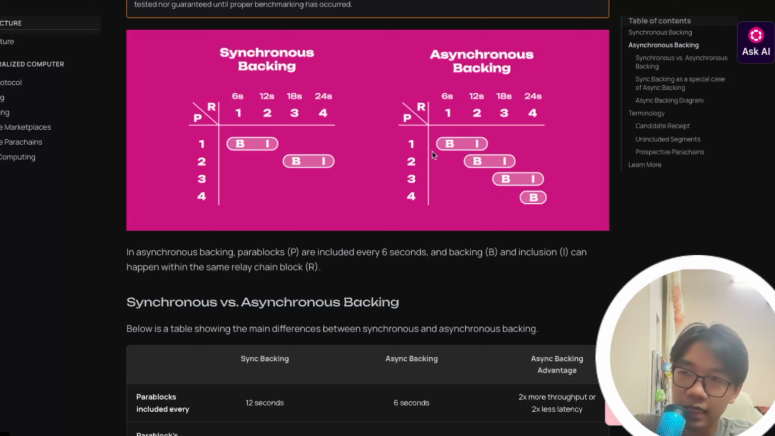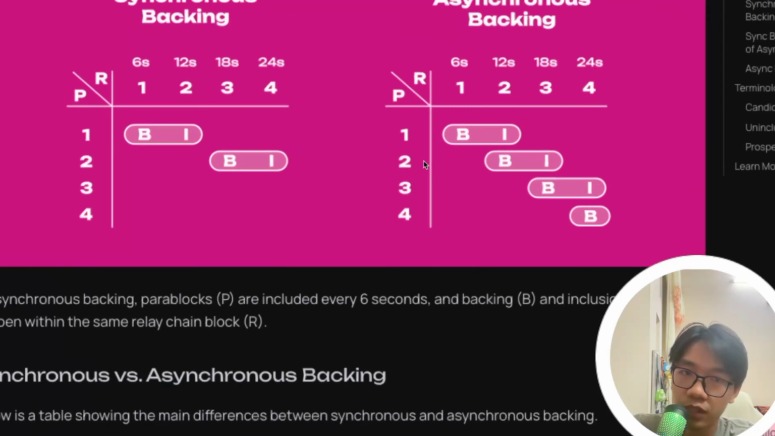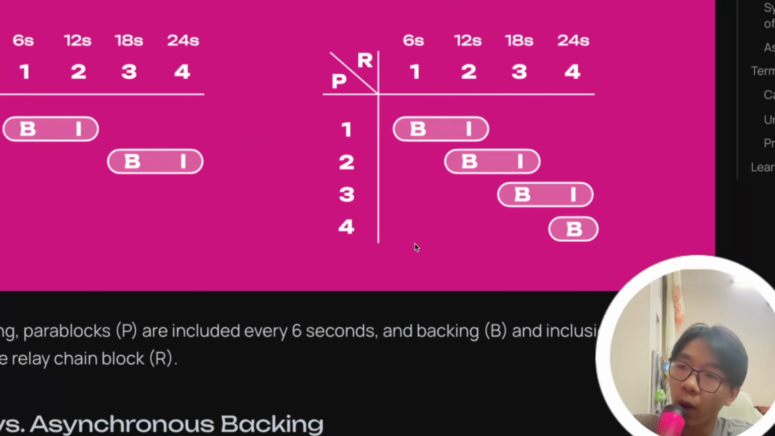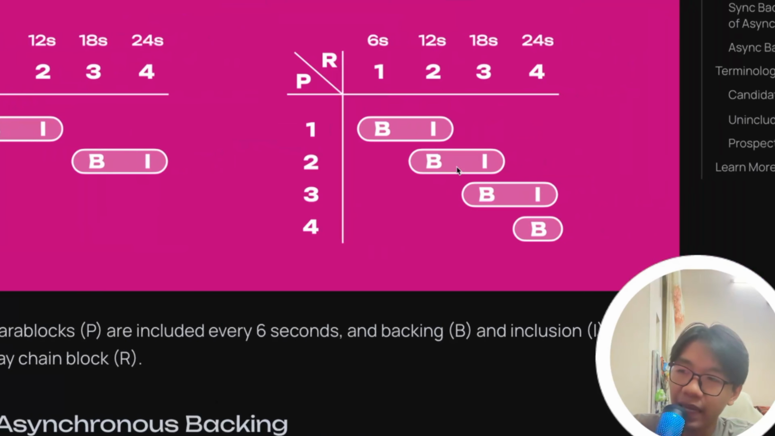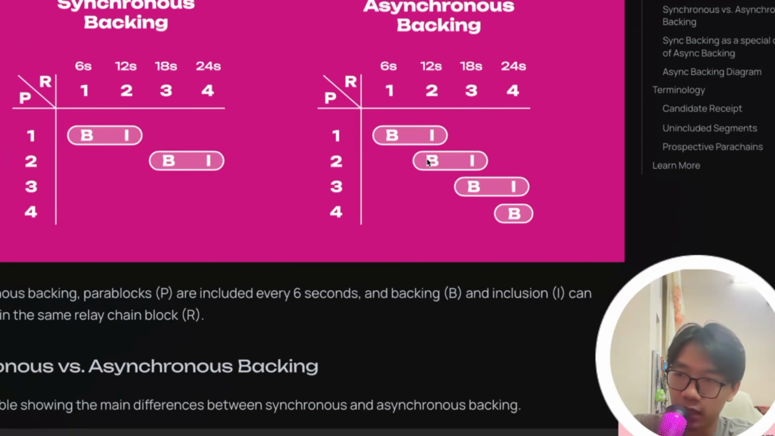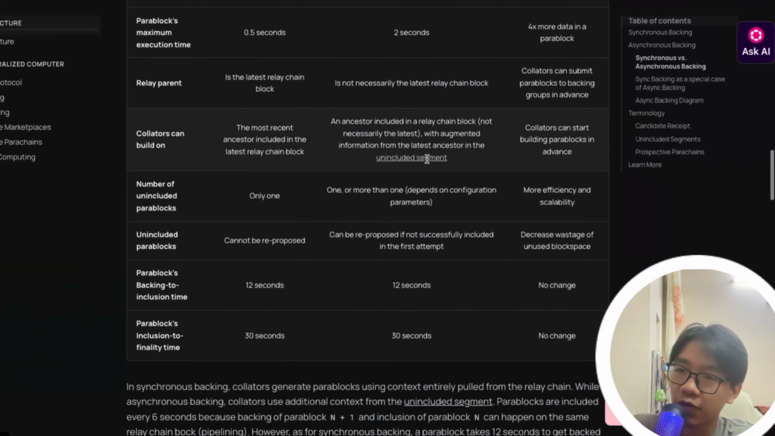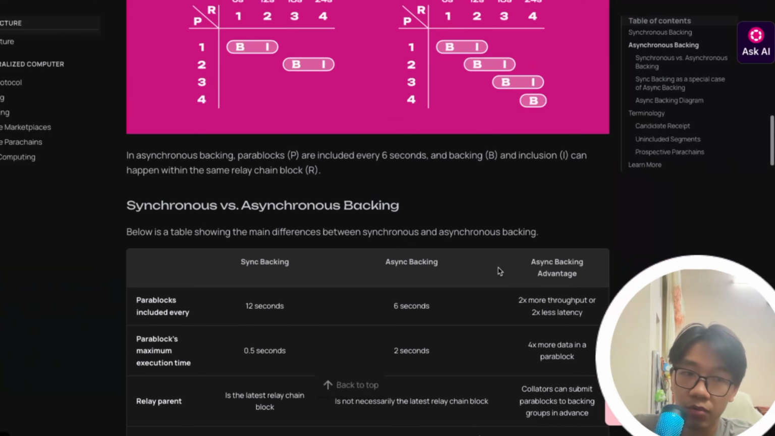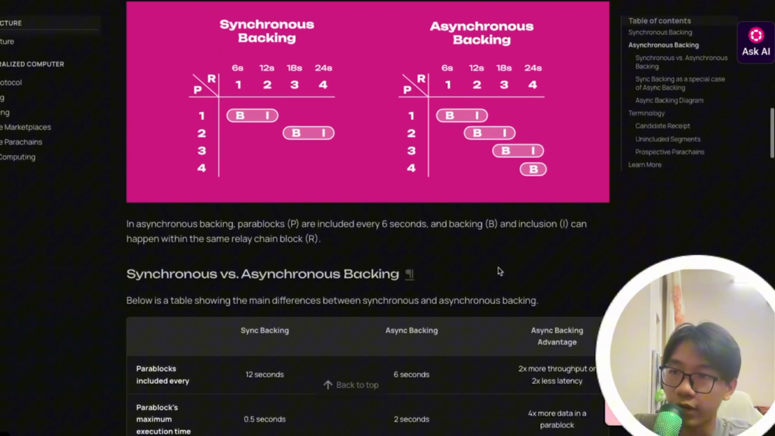So let's imagine this is like stage 1, stage 2, stage 3, and also stage 4. When inclusion stage 1 happens, the backing stage of stage 2 is already happening at the same time with inclusion stage 1. And that's how asynchronous backing can help reduce a lot of time to get the block